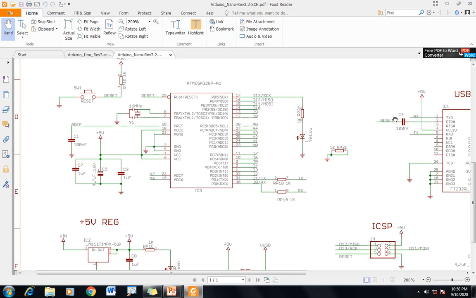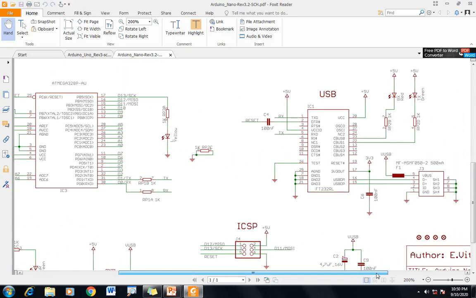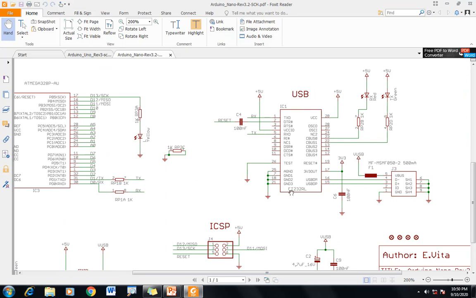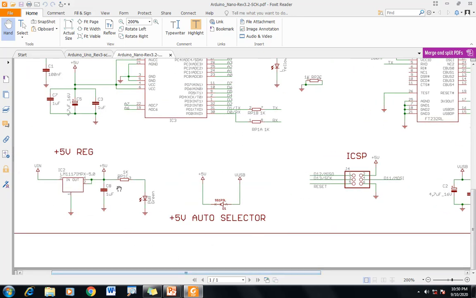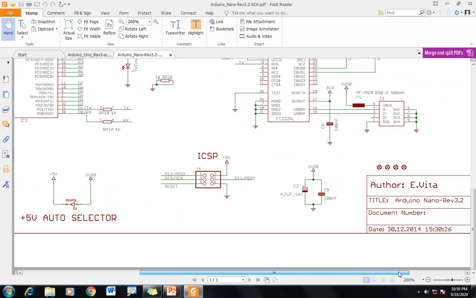This board has an inbuilt USB to serial chip where you can connect your USB cable and program. I'll explain more when I take up the programming part. Then the power supply circuit.